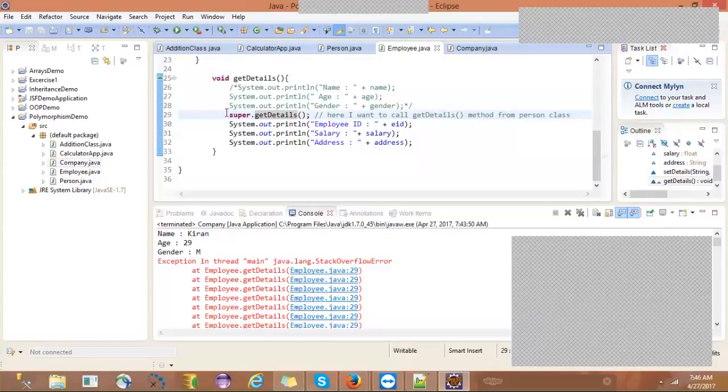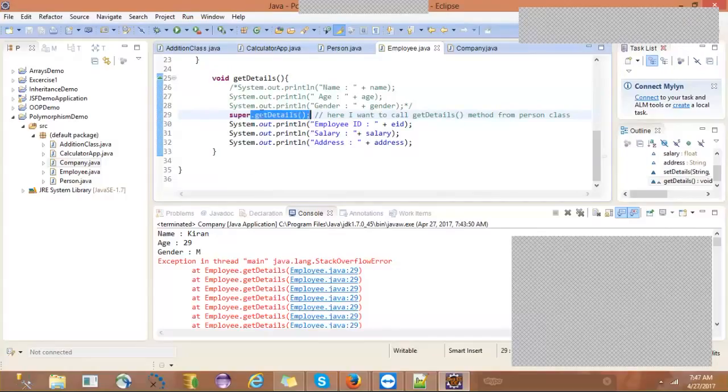Now if you write super, then it is equivalent to p dot get details. So p means person, right? Person dot get details. Okay guys, have you understood the requirement for super and how we are using the super keyword? Super keyword is used to refer to the superclass object and invoke the superclass members in the subclass.